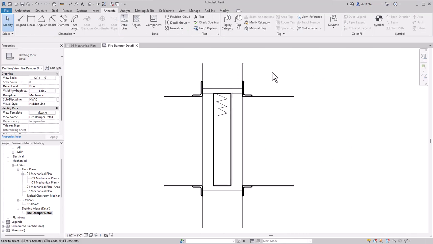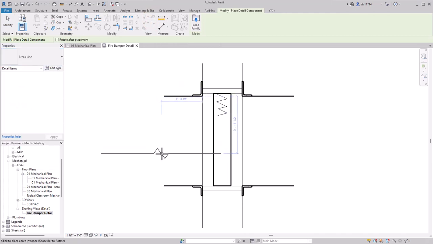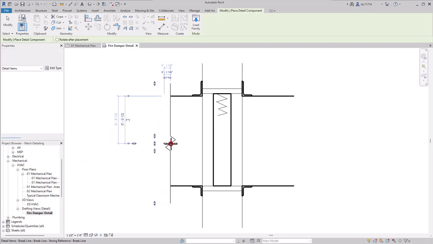Next, I'm going to put some break lines all the way around these lines. So we have basically the wall here, and then we have the duct coming through the wall is what we're looking at. So once again, I'll use my detail component, and this time I'm looking for the break line. The break line actually includes basically a wipeout that's going to cover some items up. So I'm going to tap the space bar to rotate it. And based upon where that dimension is out in space, I can tell that the wipeout is on the left side of this one. So I'm going to just come in a little bit and click, and you can see how it wipes out some of that duct.